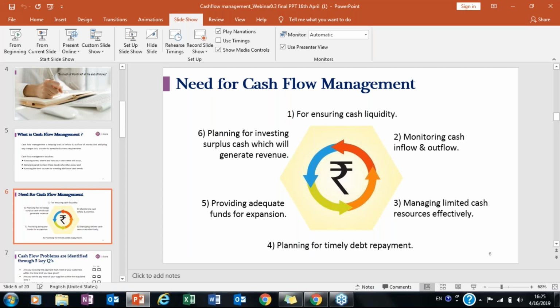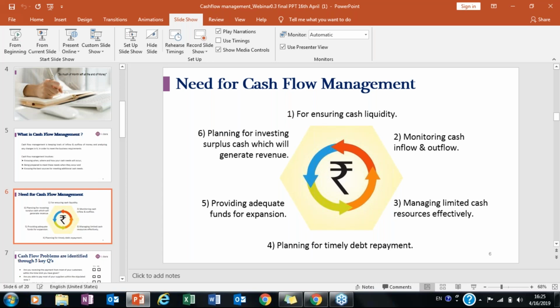important, if you have taken any kind of loans from a financial institute, banks, or NBFCs, then if you do not pay the loan, or you do not pay your debts timely, then it can majorly affect your CIBIL record, that is your credit score. If your credit score goes down, no financial institute would be in your favor to give you loans or fundings if there are any future requirements. So planning your timely debt repayment is very important, and cash flow management helps you to understand your repayments.